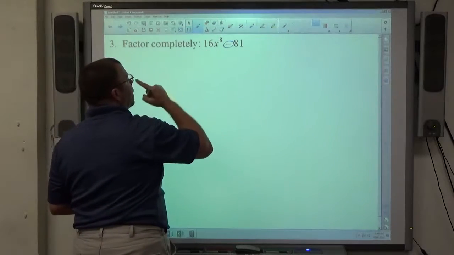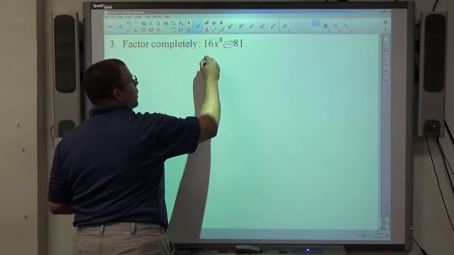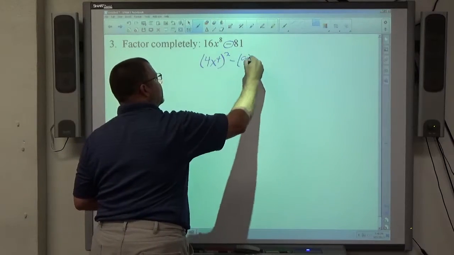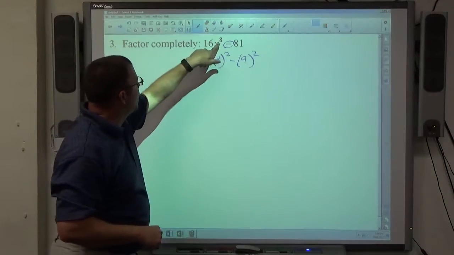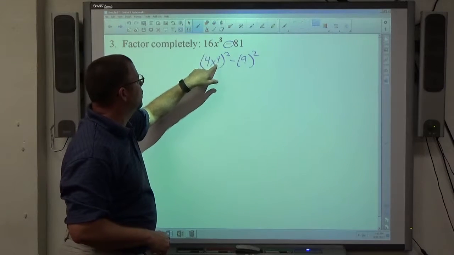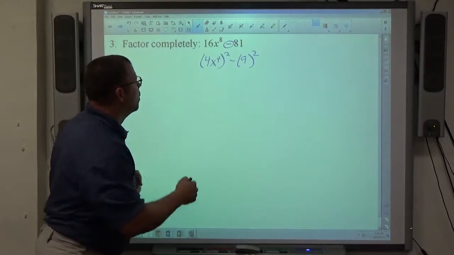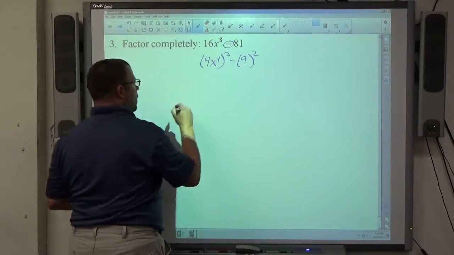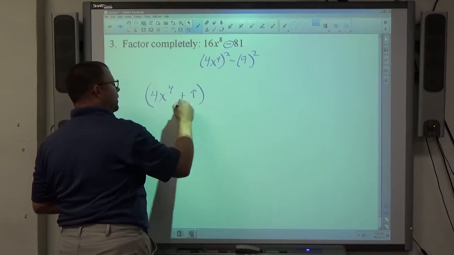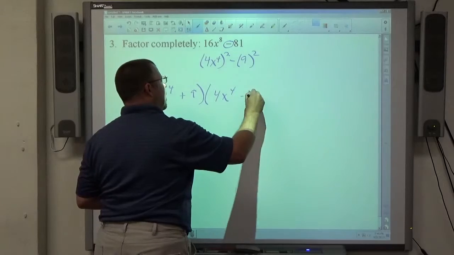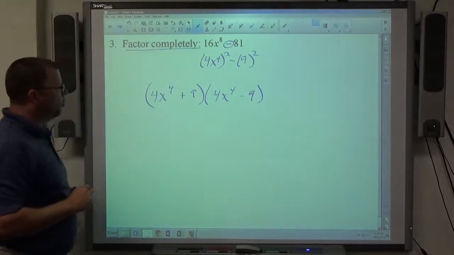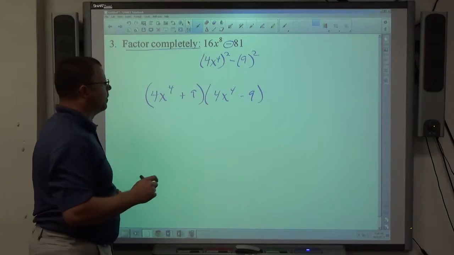So what we're looking at here, again, if I can see that they're perfect squares, and keep in mind, whatever the power is, half of that power is what's being squared. So x to the 4th squared is the same as x to the 8th. So what we have here for difference of squares is 4x to the 4th plus 9 and 4x to the 4th minus 9. Now the directions do say factor completely, and what you should notice, if you're paying close attention,